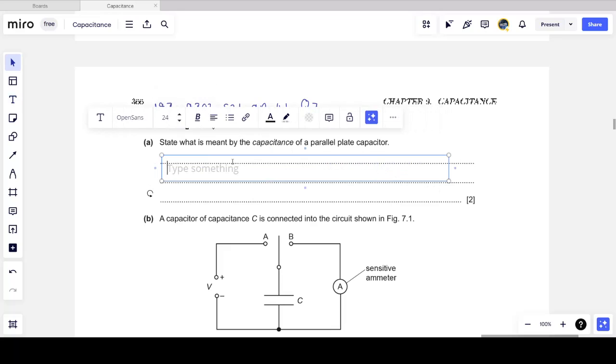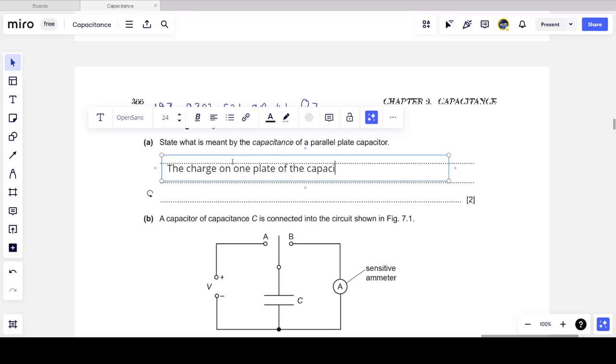What is meant by the capacitance of any capacitor? Well, it is the charge per unit potential. But since we're talking about a parallel plate capacitor, we have to be a bit more specific. It is the charge. Now, the charge on a parallel plate capacitor is the magnitude of charge on one of the plates, because both plates have the same charge but different signs. So I'm going to say it's the charge on one plate